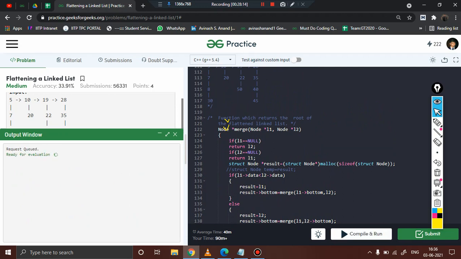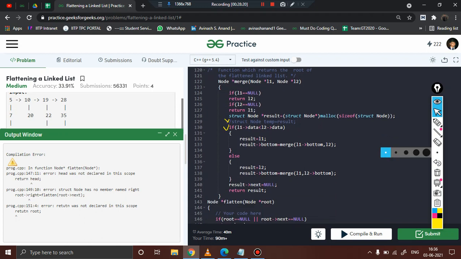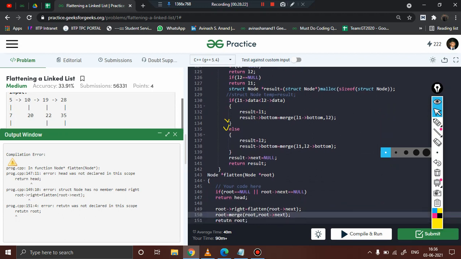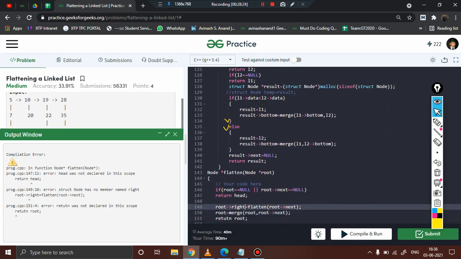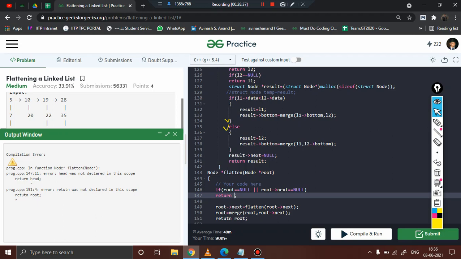So it is really challenging, you know, coding and explaining at the same time. That is why we are encountering some mistakes. Again, see, root right I have written here. It will not be root right, line number 149. So this will be root next. Right. I think there is one more error last. Okay, so this is return root, not head, root.